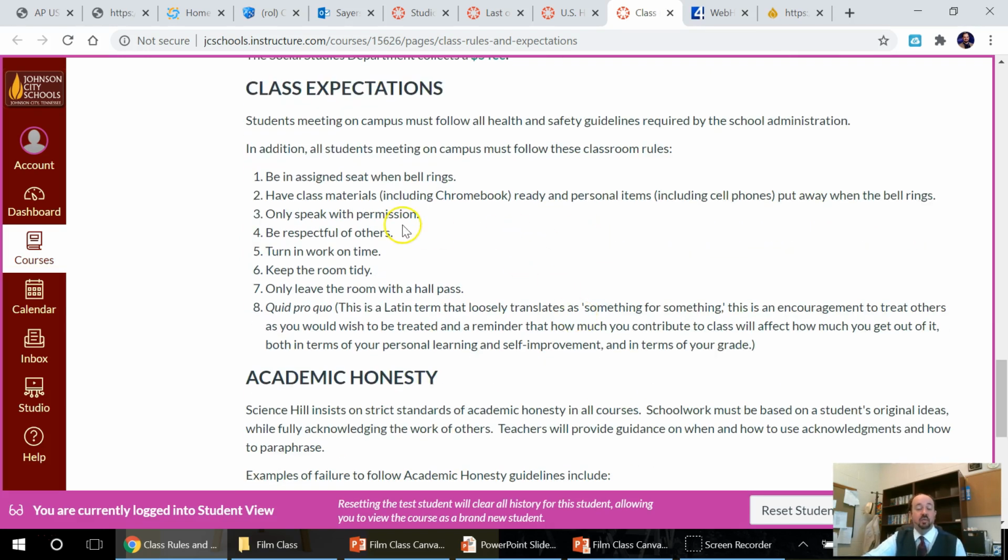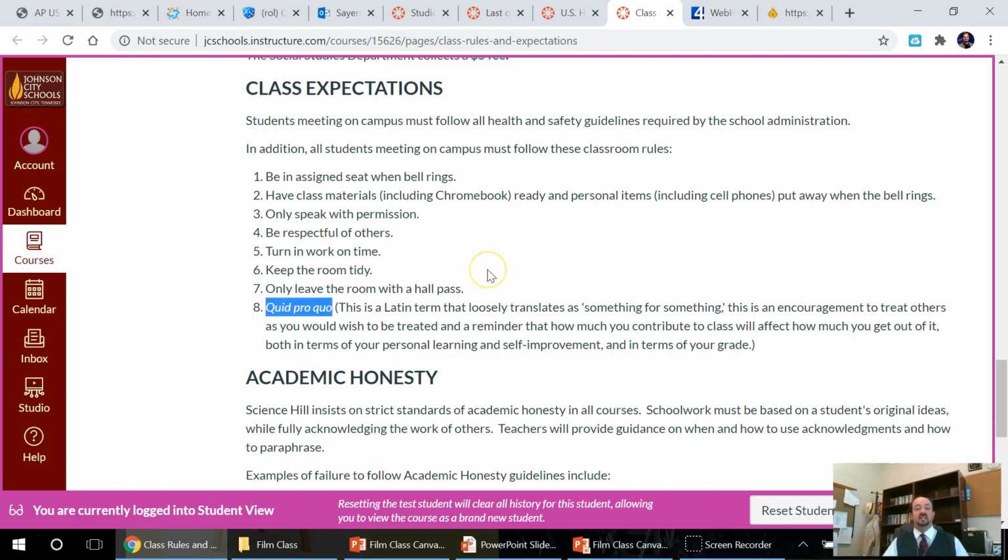When we meet in class, we'll have a number of rules that we'll discuss in greater detail should we get to be together. But a couple of rules are important, of course, at all times. In particular, be respectful of others when we're having Zoom meetings or discussions on discussion boards.